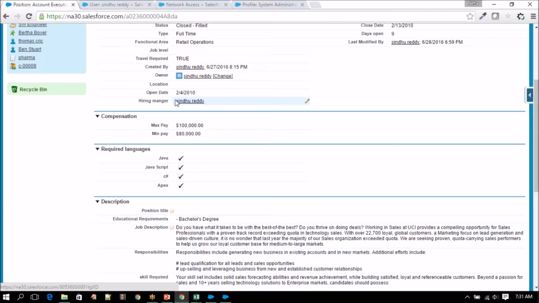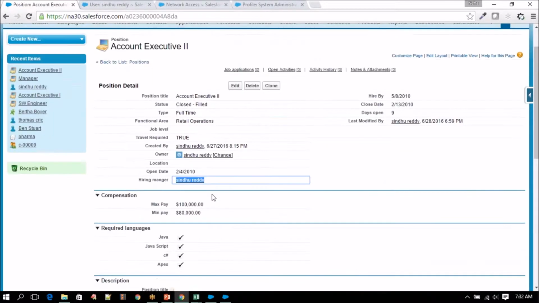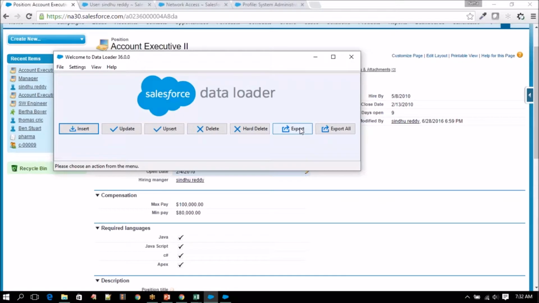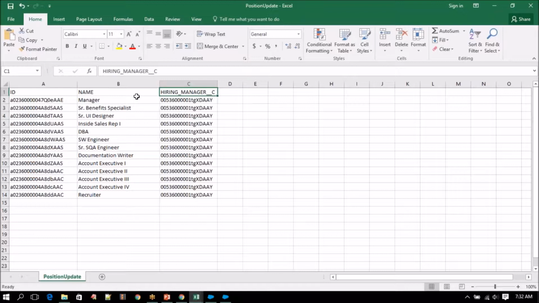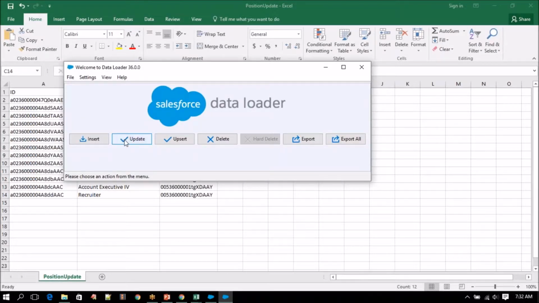When we provide the ID, it will get us the name because it's a lookup relationship field. For any relationship field, if you provide the ID, it will populate with the name of that particular record. Is it confusing for you? No, it's not confusing. So first, we exported the IDs of the position records, and the ID with the field which we need to update, which is hiring manager. We provided the hiring manager with some value,